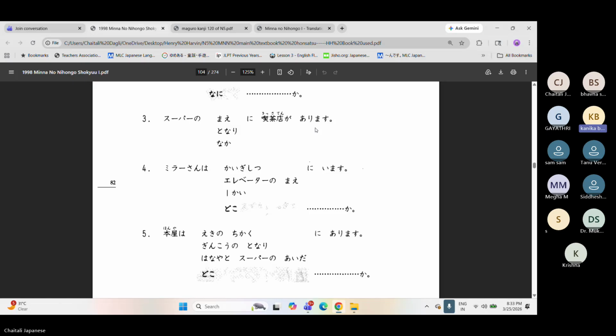That is little vague. That's why ga arimasu. No, it is not vague. The focus here is your supermarket. The coffee shop has been there for years, and in front of it is the supermarket. But in the fifth one we have the bookstore. Again, the bookstore has been there for years in front of the station. The focus point here is your coffee shop and the focus point here is Honya.